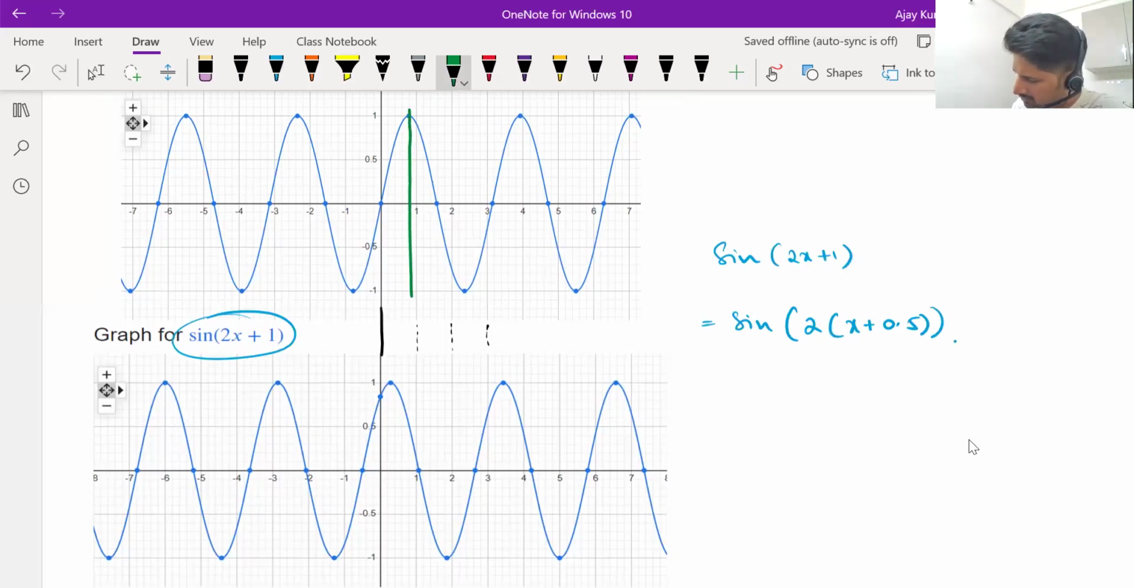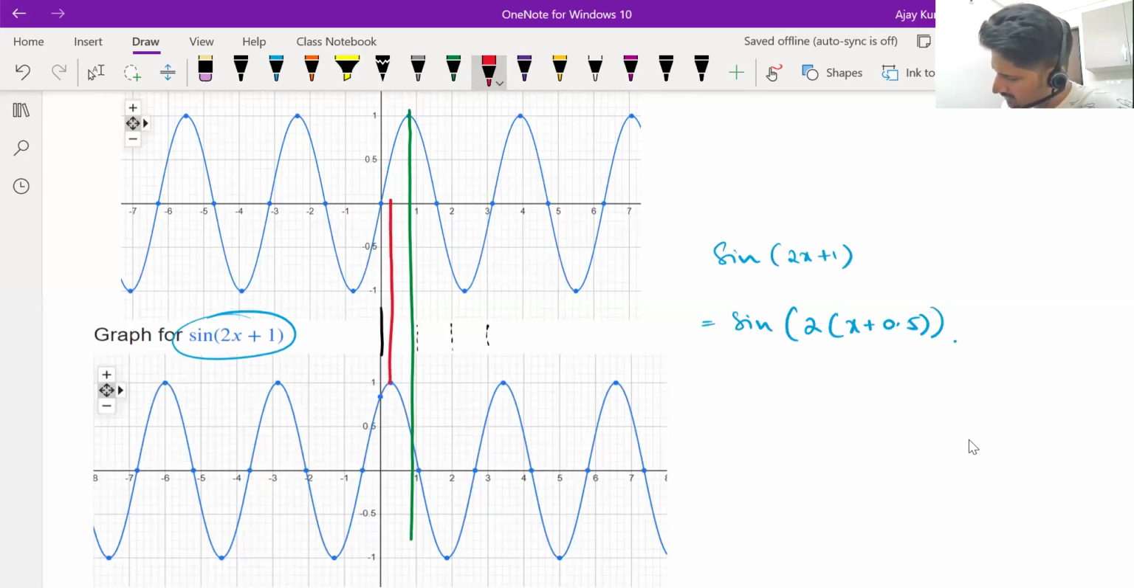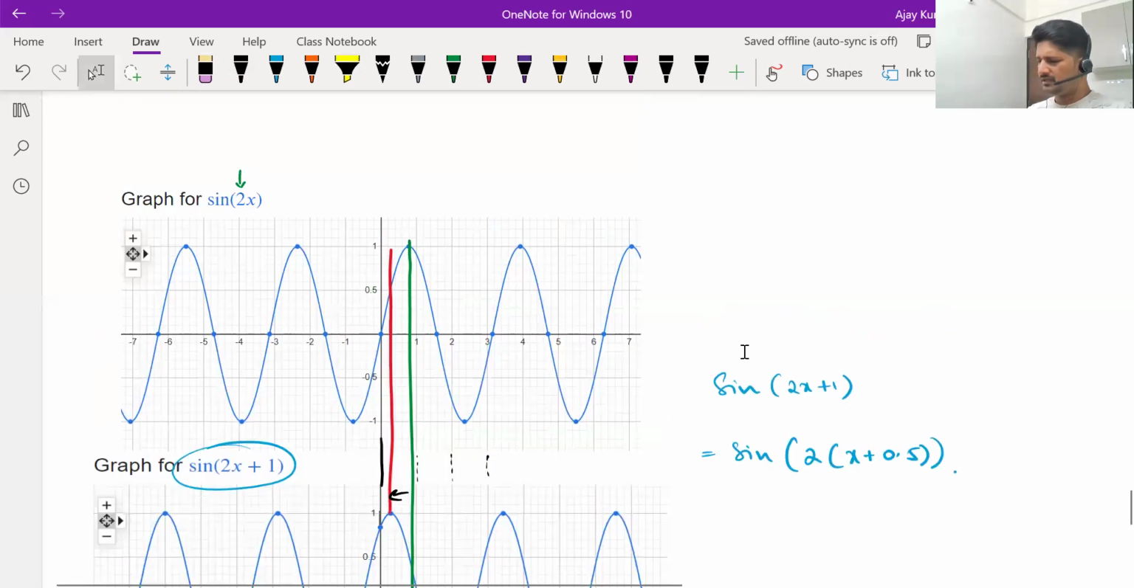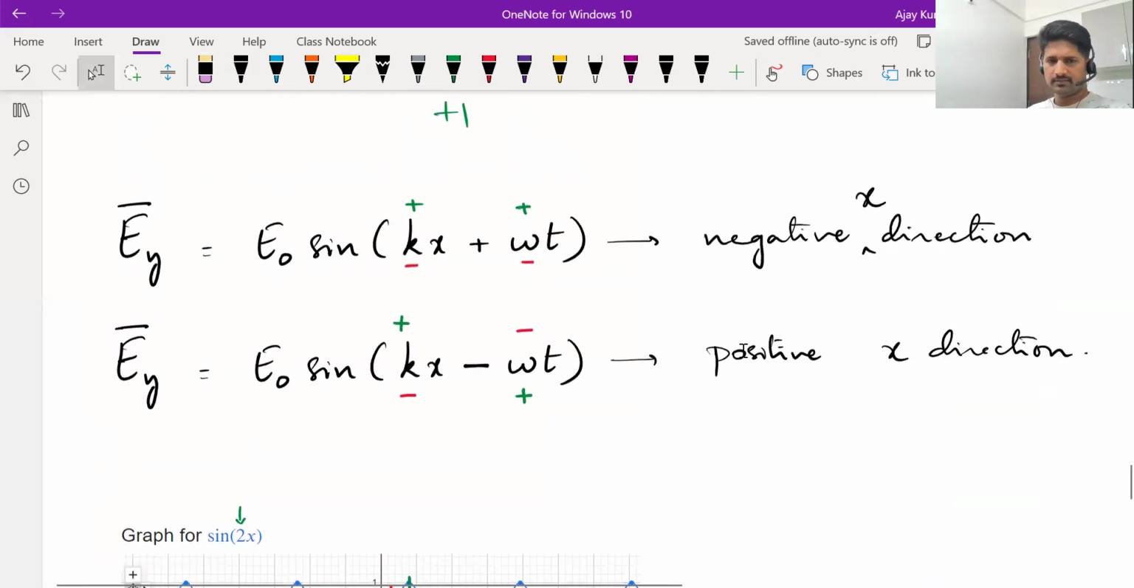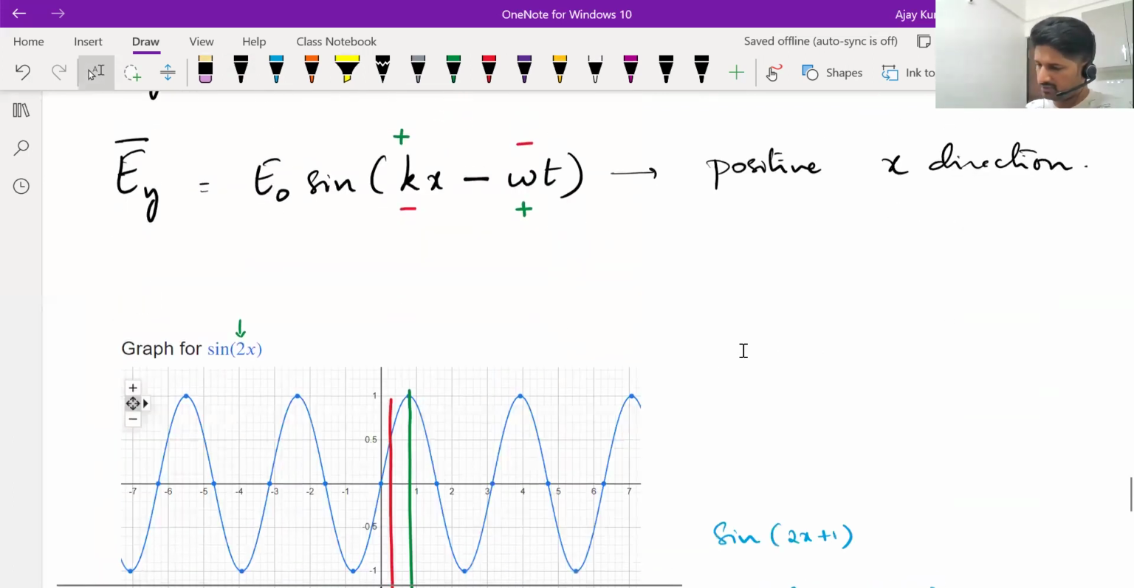This is the peak value of the first graph. Okay, it occurred somewhere here. Whereas for the second graph, the peak is here. That same peak in the second graph is shifted to the left. So generally, when you add something to x, like if the coefficient of x is positive, here the coefficient